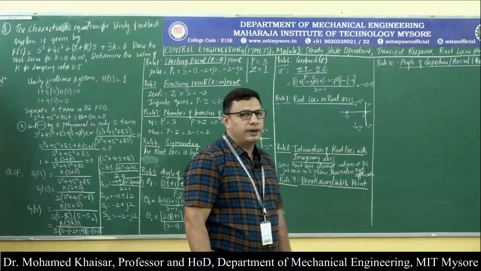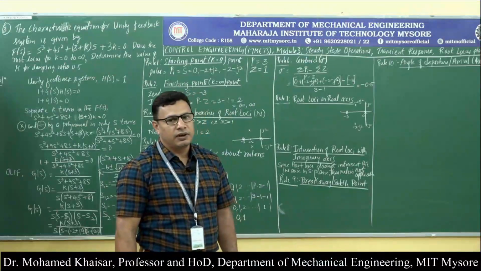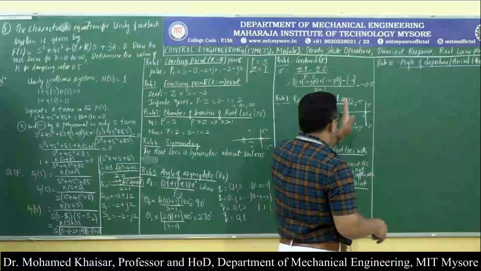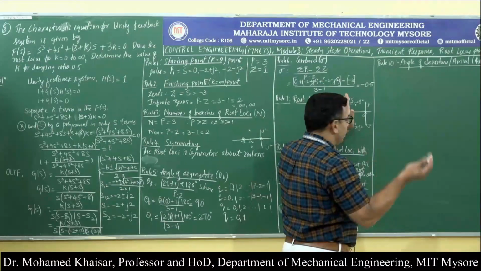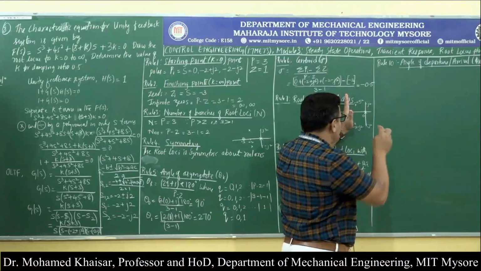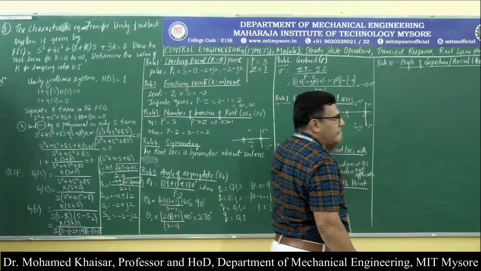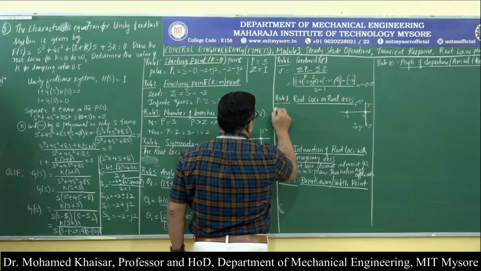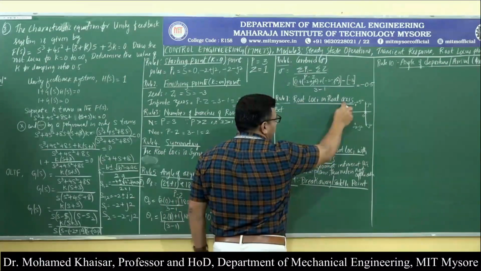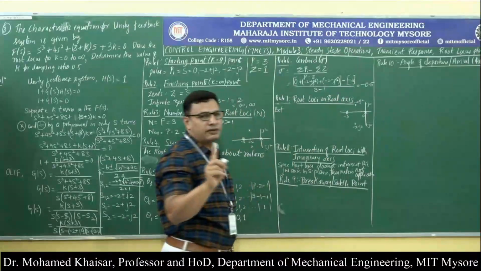Then we are trying to find whether there is any root locus present on the real axis alone. If we just keep our hand over here, to the right, what we will find is the count is odd. On the real axis, there is only one pole present. So we have to assess only the real axis, because the rule clearly says root loci on the real axis only.